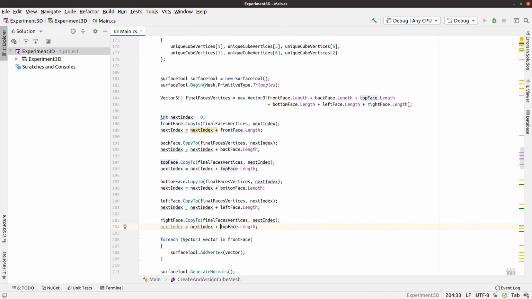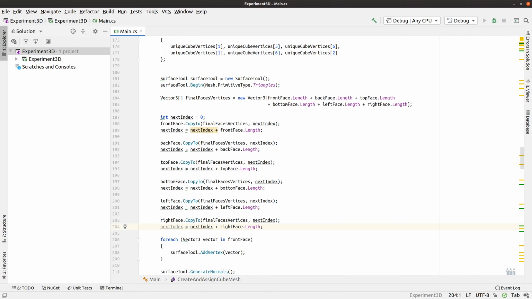Probably don't need the very last computation here, but we'll just be consistent. Okay, so hopefully this makes sense what I'm doing here. In order to send to the surface tool, we need to send one large vector. I guess we don't need to necessarily do that. It depends how much we want to break this up. But the way we had been doing this is we were sending one big vector in of all of our